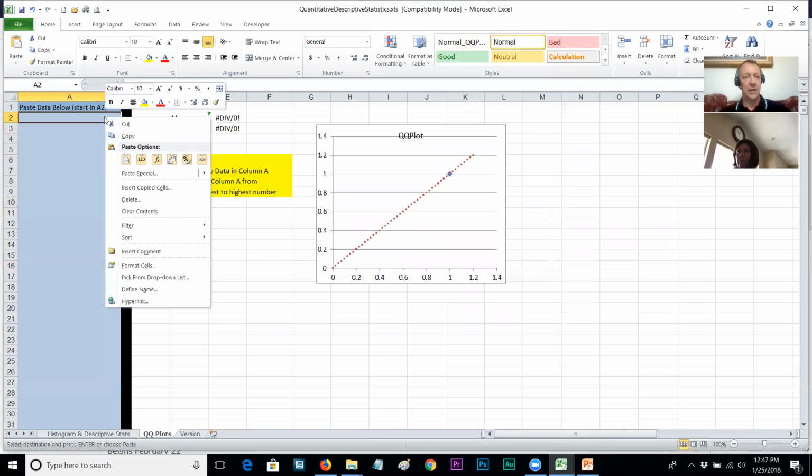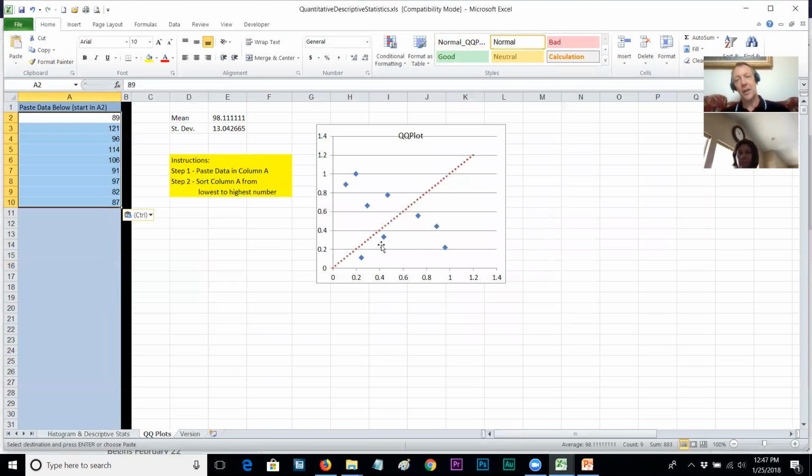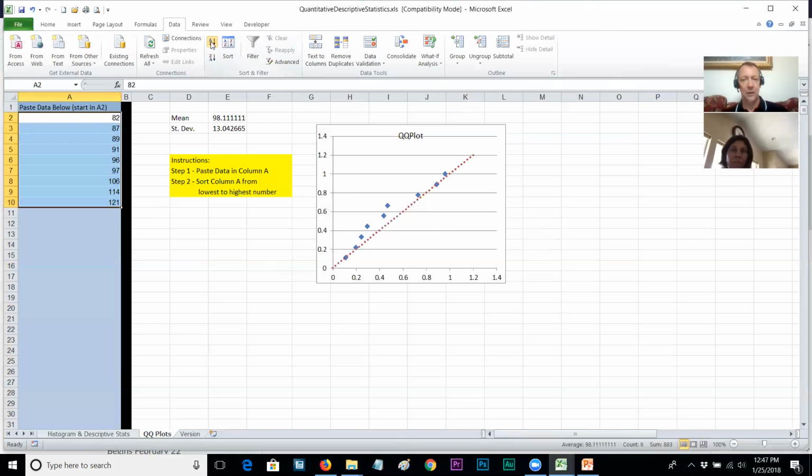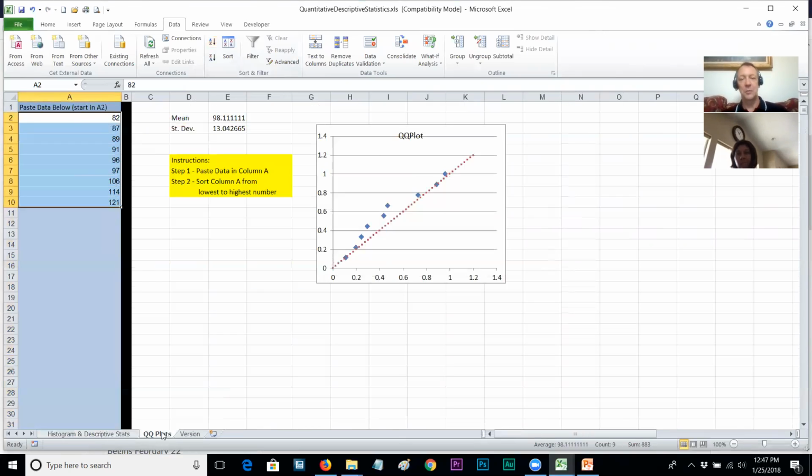I'm going to paste this here, and the only thing is you need to sort your data, because if you look at it unsorted, this definitely doesn't look normally distributed. But if you sort your data, now it roughly follows the red line, okay? So we would say that, yes, even with a small sample size, we could assume that that's normally distributed, okay? So basically, if you can verify with a histogram or with a QQ plot, you can get away with